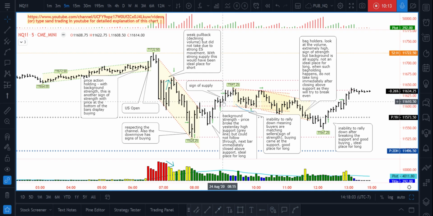But this is the first sign. See the next bar, it is unable to make that much progress. Because this is the first sign of supply. In this entire thing, this is the first good sign of supply. And you could take an exit here. The reason why I exited here is that it went above and then closed below this high. That is the reason why I exited it. But yeah, you can see it went sideways after a bit, and it started coming down.